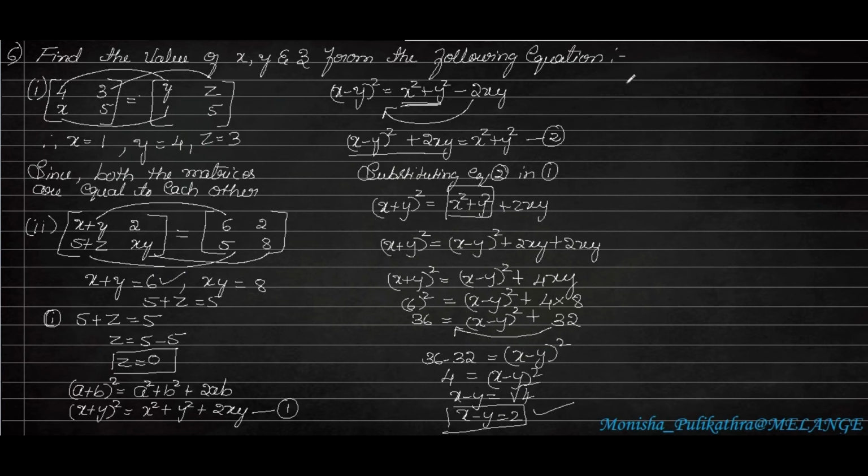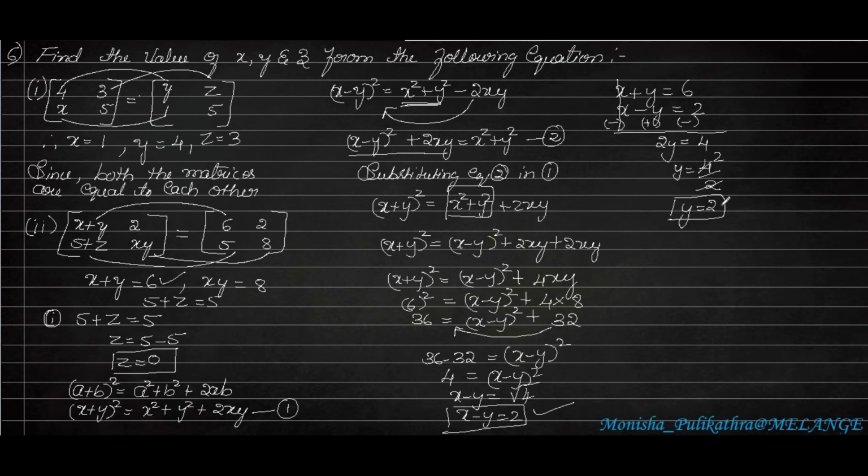So first is x plus y is equal to 6 and the other is x minus y is equal to 2. This is by the elimination method, which you may learn in 10th standard and PUC. Here x gets cancelled, y plus y is 2y is equal to 6 minus 2 is 4. So y is equal to 4 divided by 2, so y is equal to 2.